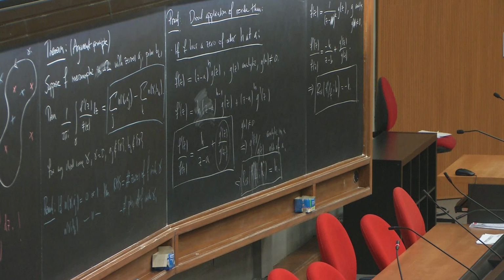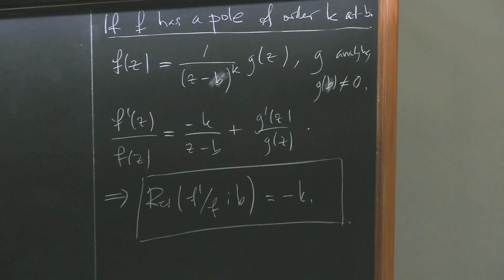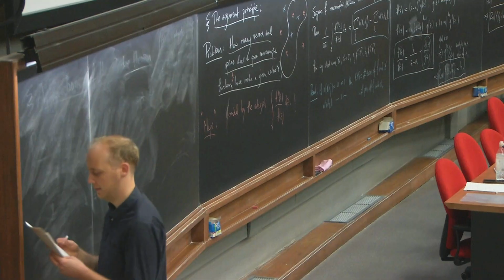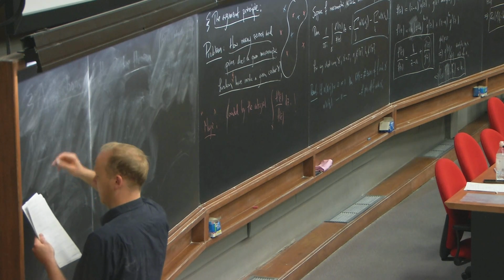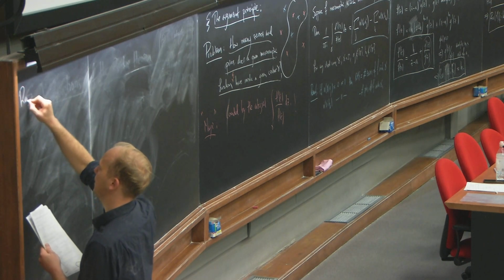Okay, so far so good, but now how can we conclude the theorem? Now all that's left to do is just apply the residue theorem. We computed the residues in the zeros, and we computed the residues in the poles, so this f prime over f. And so by the residue theorem,